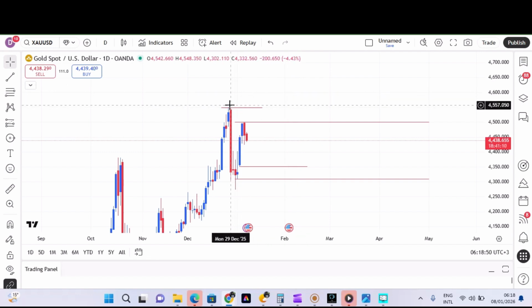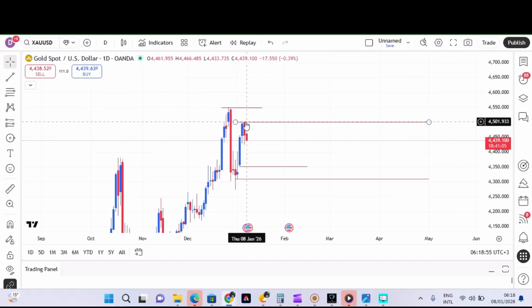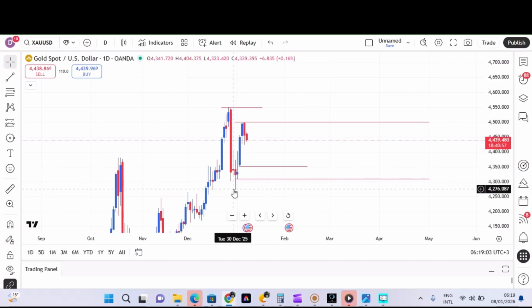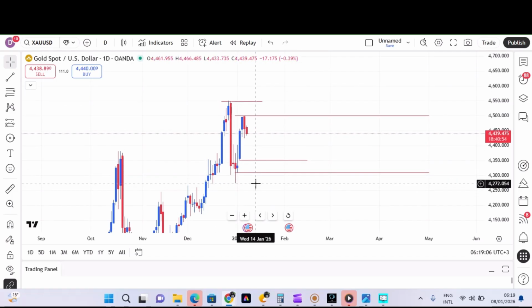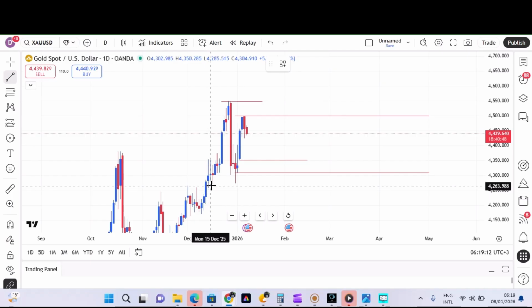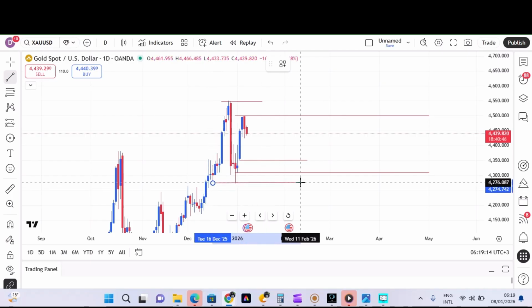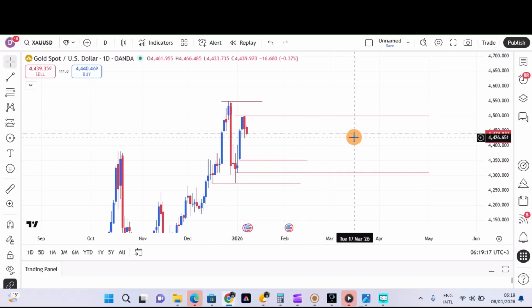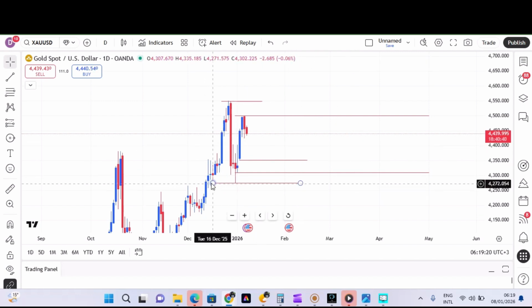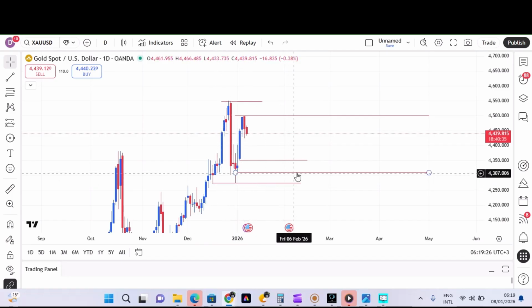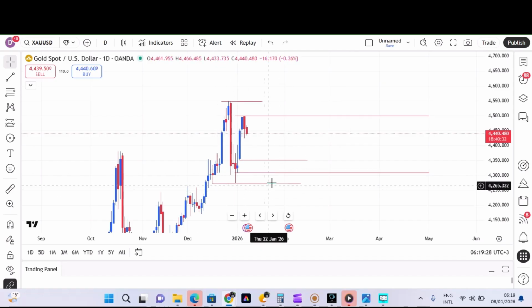We have the daily high as we have marked from the week. We also have another daily high here. We have the daily low here, another daily low here. So we have liquidity lying on the daily time frame. Let's mark this, the lowest point of last week's day. That was Tuesday, December. Okay, these are liquidity lying here as well.